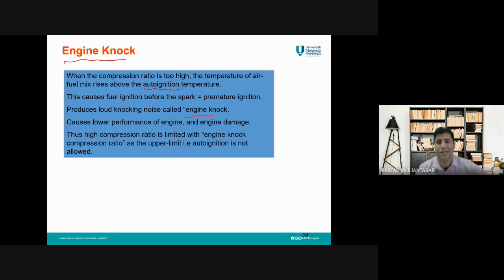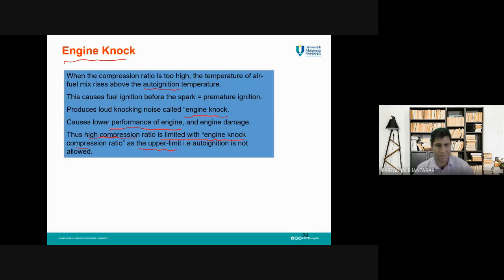We call the result which comes from the auto ignition engine knock, and it causes lower performance, and also it causes engine damage because it causes vibration of the engine. The high compression ratio is limited due to this engine knock, and it is called the upper limit of the compression ratio which we can have